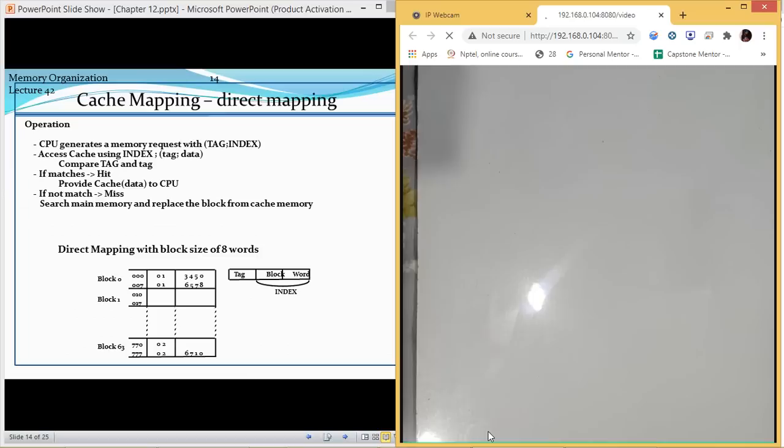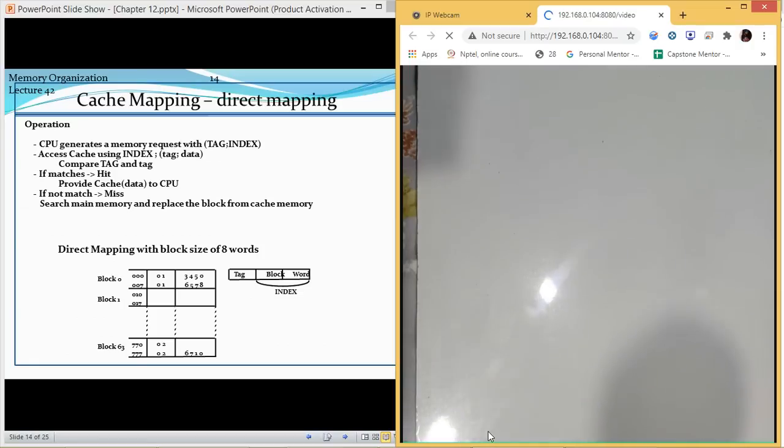In our last class, we discussed cache mapping schemes, and the scheme which we had discussed was direct mapping. Now in direct mapping, we discussed how we are able to read the data, how we are able to write the data, and how we are able to search the data from RAM and cache. So we discussed all these topics. Now, there are some problems related to direct mapping. What are those problems?